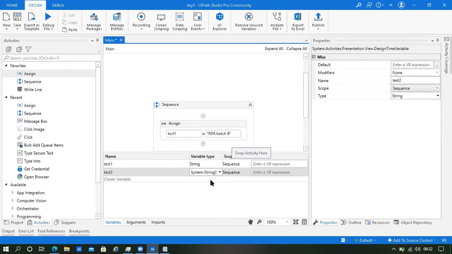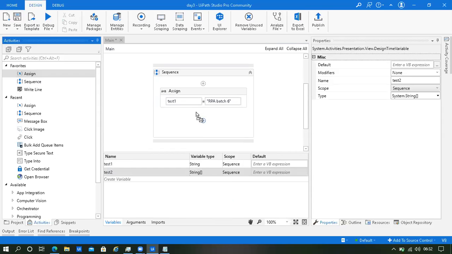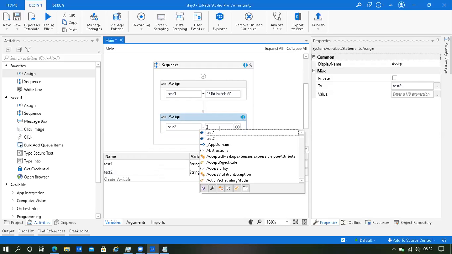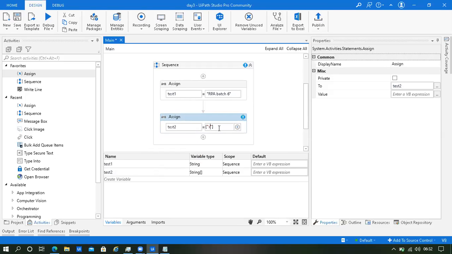So it is an array of strings. Okay, let me drag another assign, S2. We have to start our array with the parenthesis followed by